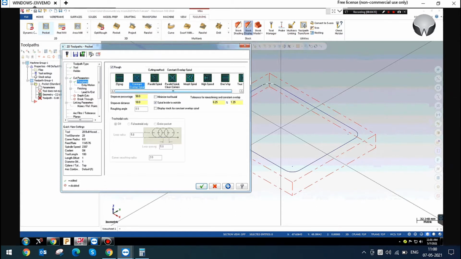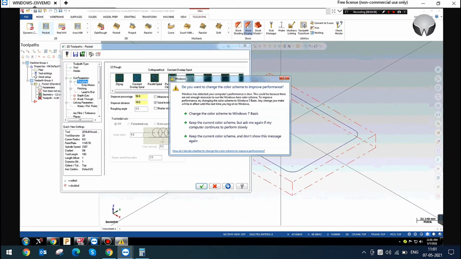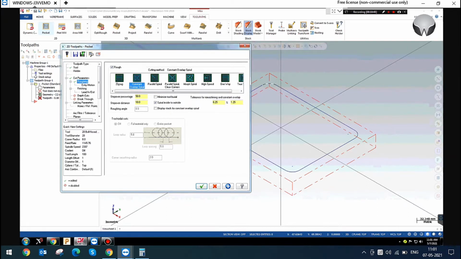And the offset from the chain will be smoothly output. That's why we are using this regularly. And parallel shape, most of the cutting methods available: parallel spiral, clean corners, morph spiral, high speed machining, one way and two spiral. I will just give you an example of these cutting methods.